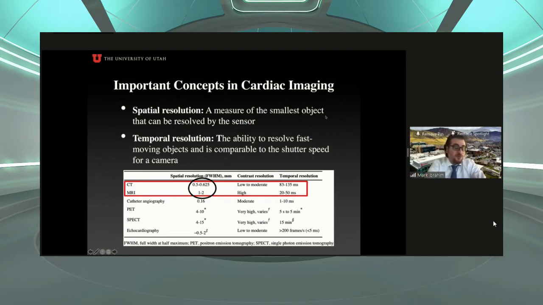So are you imaging a rapidly moving structure versus a slowly moving structure? And hence here you determine which modality. So overall, between MRI and CT, CT is superior in spatial resolution, but inferior in temporal resolution. So there is a trade-off in both. Ultimately, CT would be the first line choice, but if you cannot do CT for those patients, what options do you